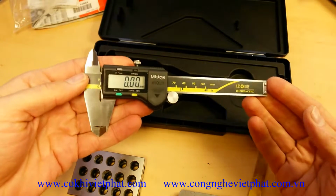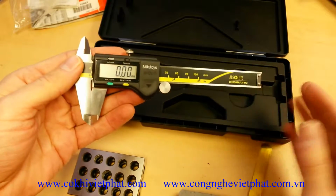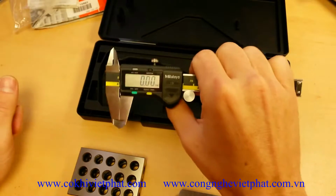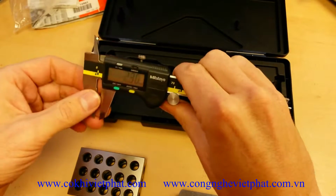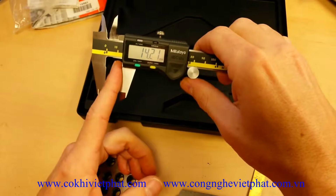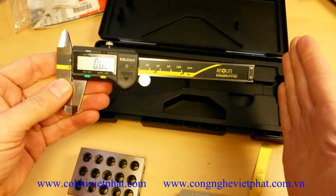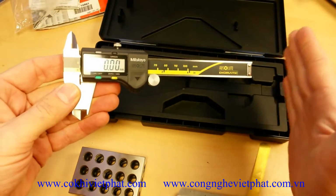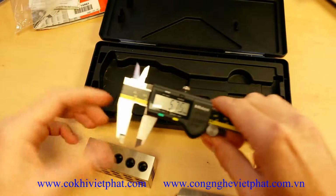Now, I've got the 4-inch version here. I purchased the 4-inch for the digital caliper roundup because I wanted to see if a smaller caliper would actually be easier to use over the long run, because I do mostly measurements of objects that are between 1 and 2 inches. It turns out that that extra 2 inches that you get on a standard 6-inch digital caliper actually makes a big difference in terms of balance, and especially when you come out here and try to measure something bigger,